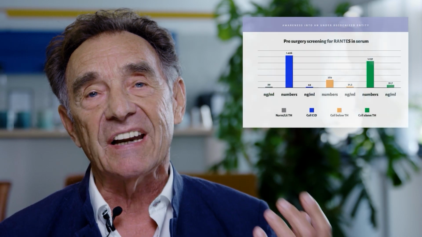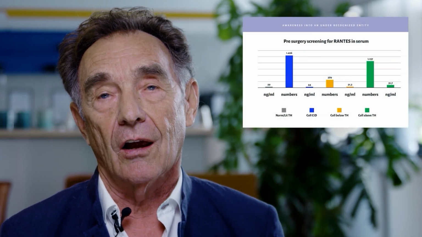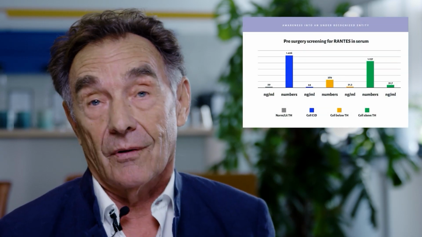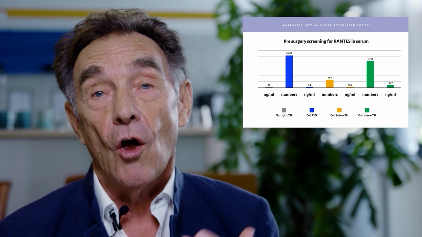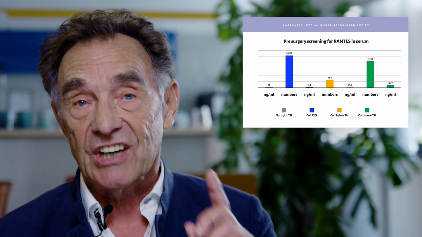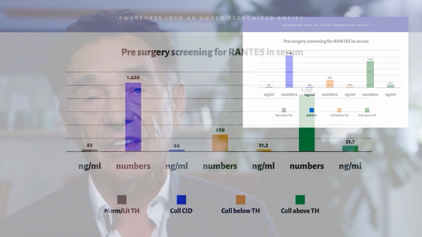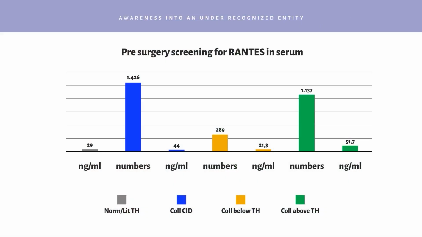What we did is we normally do a pre-surgery screening of our chronic immune diseased patients for RANTES in serum. And this is the outcome. The normal level of RANTES in serum is about 29 nanograms per milliliter, on the very left. We did this on